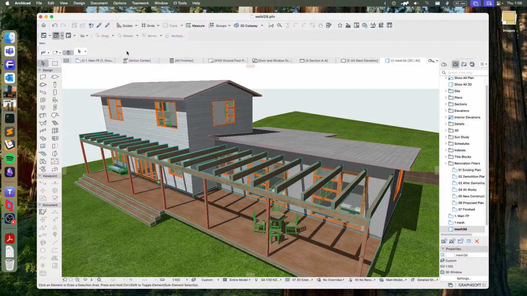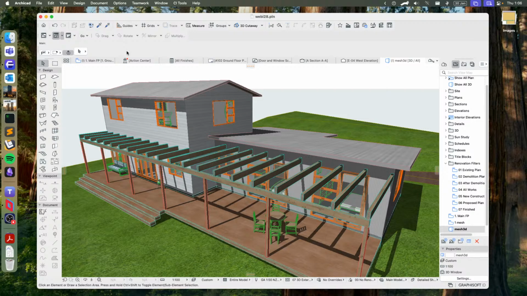So far this year we have started going through all of the tools using ArchiCAD 28 so that we have covered off all of the tools in that version. So if you haven't seen any of these before, these will be showing you them in the current version. If you have seen them before, there may be one or two things that you might pick up that might be useful in them. But this is going to be sort of introductory. This week we're going to be looking at the coverings tool, and we're going to start off with wall coverings. We may get to roof coverings a little bit today, but we're going to start with wall coverings and see